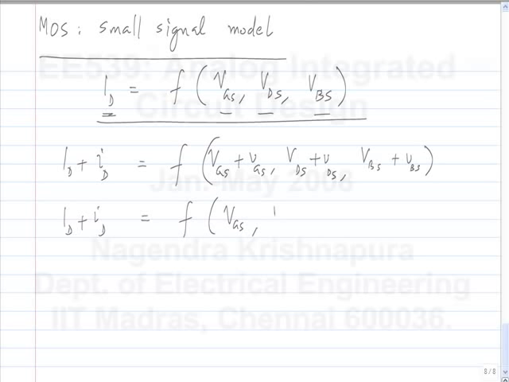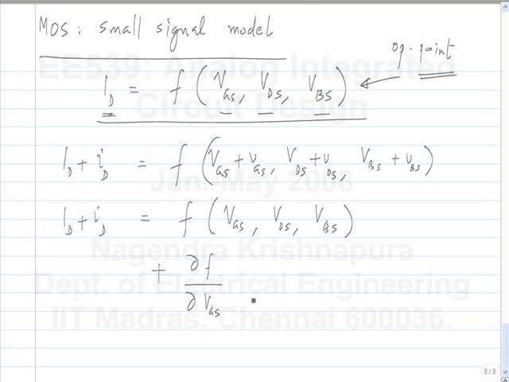I will expand the function about this operating point, and this will have the derivative at a particular value of VGS times the increment in VGS, plus the derivative at the bias point,